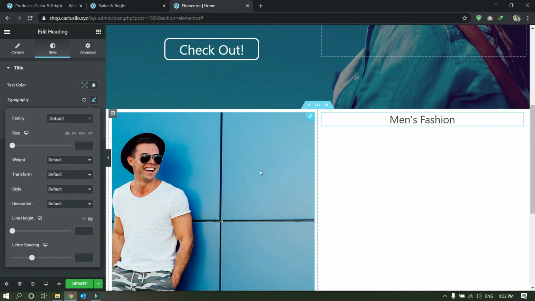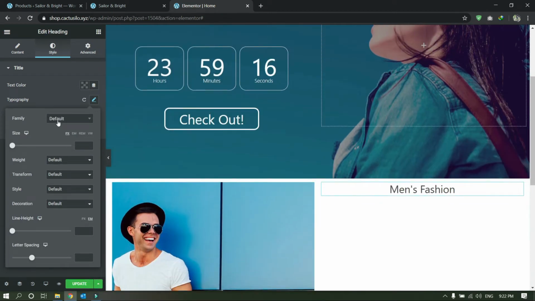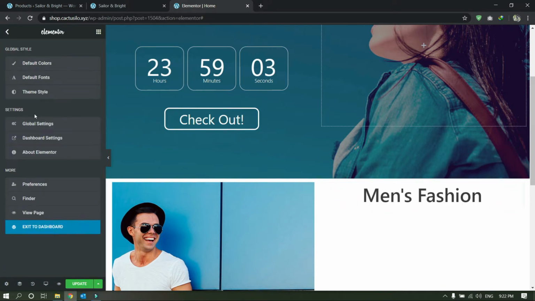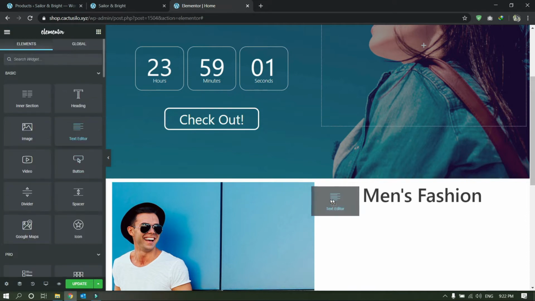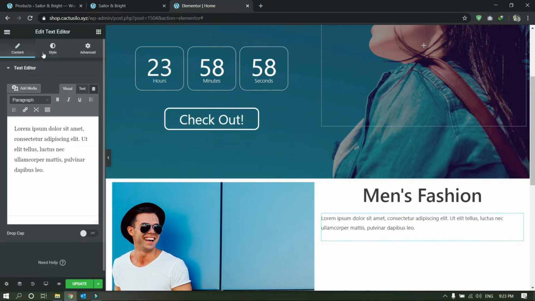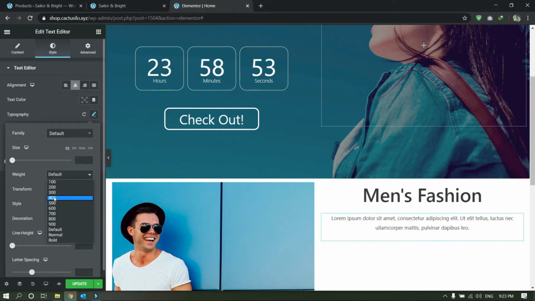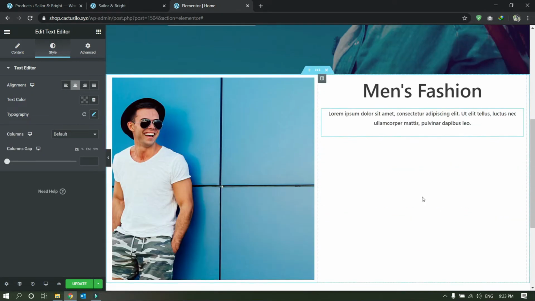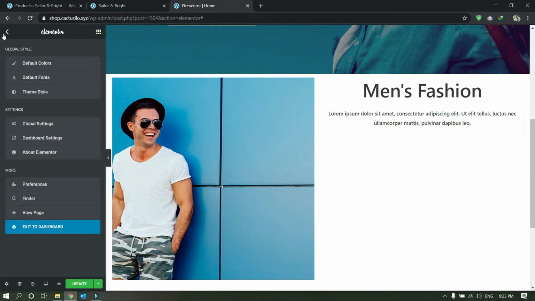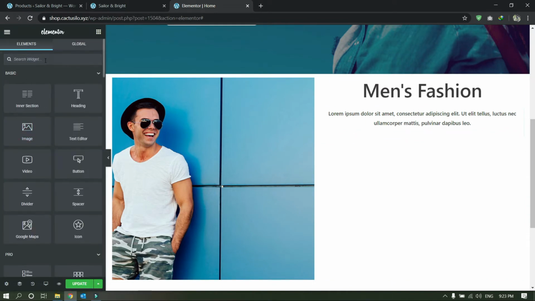This is fine, but I want it to be a little bit heavier. So I'll select weight, and yeah, this is fine. Let's make it a little bit bigger. Yeah, that looks better. I need to have a description with it, right? So I'll add a text editor. It has a description already. I'll put it in the middle. Again, I want it to be a little bit heavier. Let's make it 500. Yeah, and I need a button here for the access, so